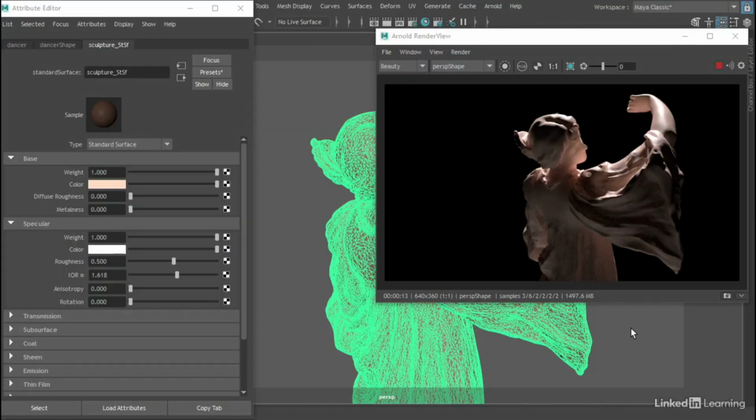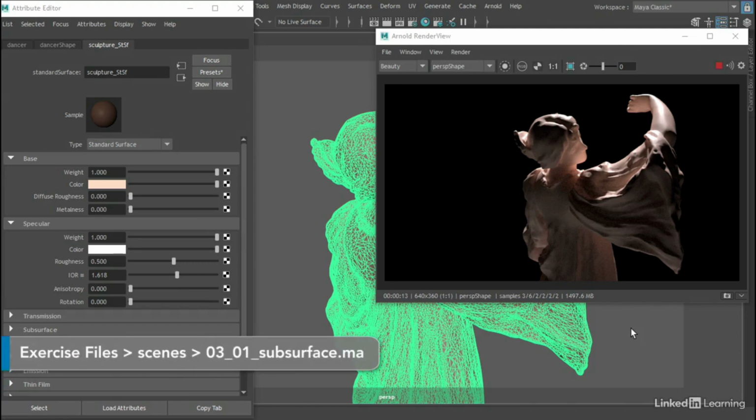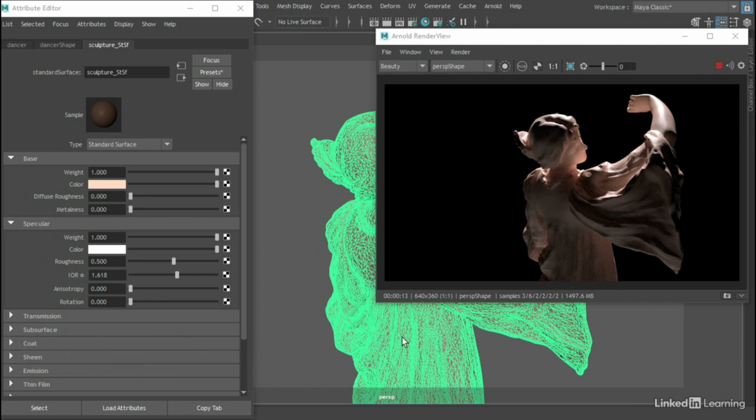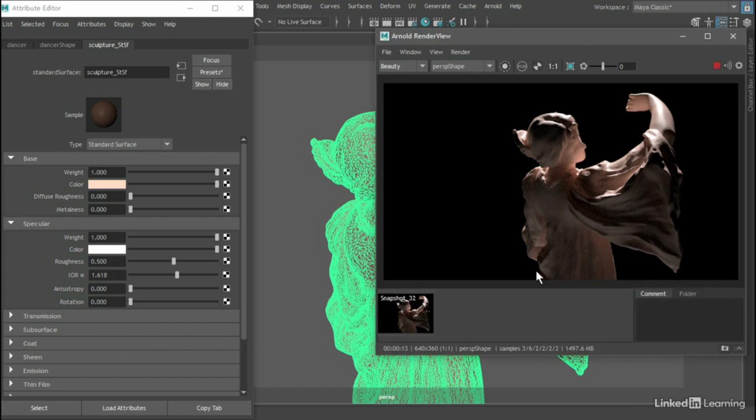Subsurface scattering is the phenomenon of light bouncing around and exiting a translucent material. I've got my figure of a dancer selected. I'm viewing its standard surface attributes in the attribute editor, and Arnold Render View is running in interactive production mode. I'm going to make a snapshot of this version of the material with no subsurface scattering and a base weight